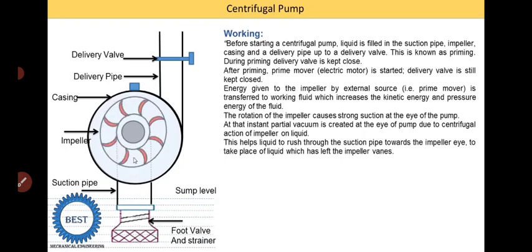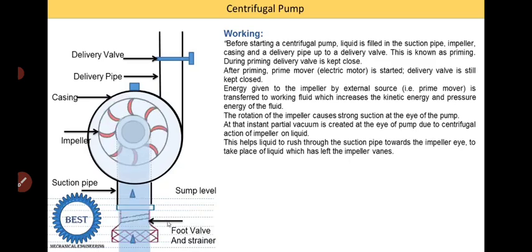The water from the suction pipe starts to come into the impeller, and the impeller increases the velocity of the water, and this high-velocity water is supplied into this casing. In this casing, the kinetic energy of the water is converted into pressure energy. That's why it is known as a rotodynamic pump. Then the high pressure head water is supplied to this tank from this delivery pipe. So this is the working of a centrifugal pump. As this arrow is moving, suction takes place.